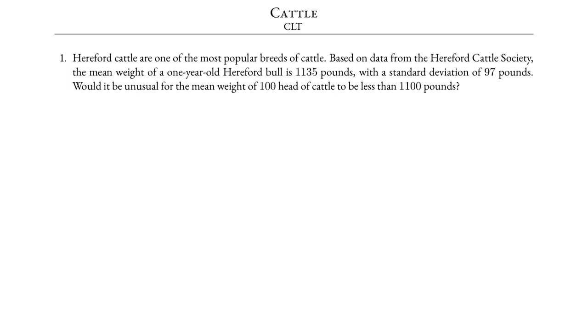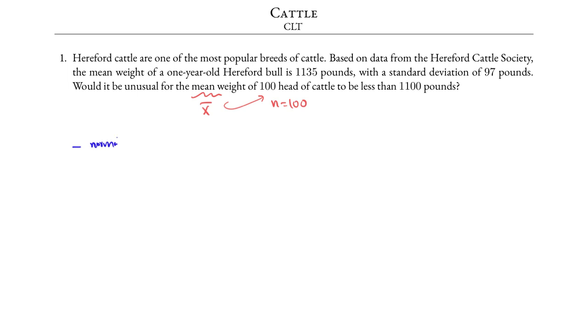The question is asking us to find the probability of the mean of the sample of size n equals 100. Since the question is about the mean of a sample, we will use the sampling distribution. And to use the sampling distribution, which is approximately normal, we need to check the requirement for normality.